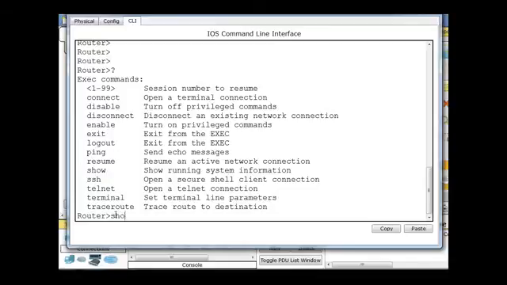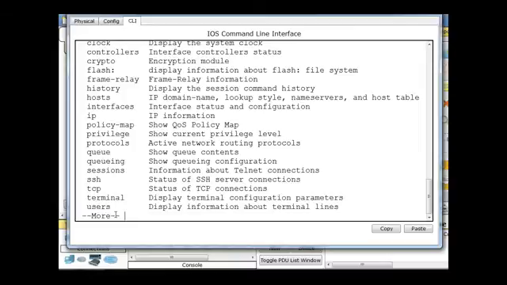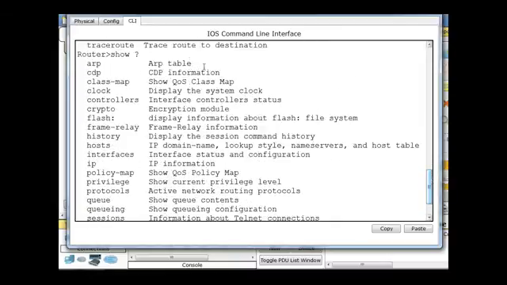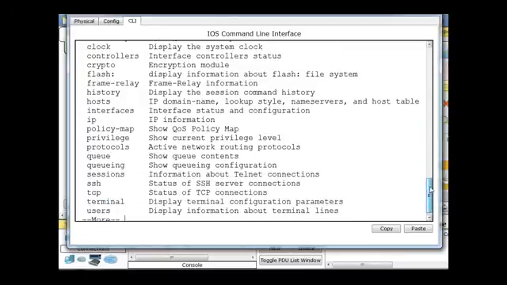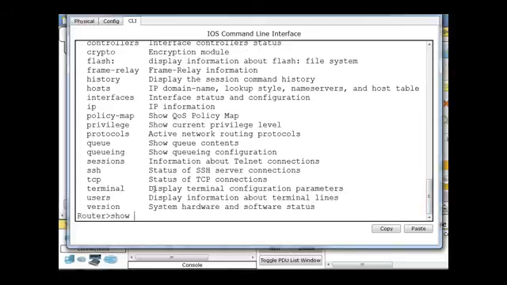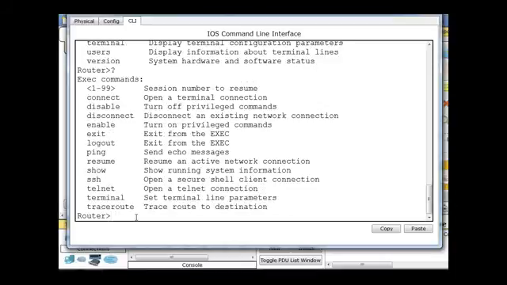So we'll type in show, and then space, and then a question mark, and you can see here that I can do a show ARP, a show CDP, right? But I cannot do a show running configuration or startup configuration, but I can do a show version command. So I have access to some of the show commands. Also, if I type question mark again and hit enter, you can see here that I have access to the ping command, and